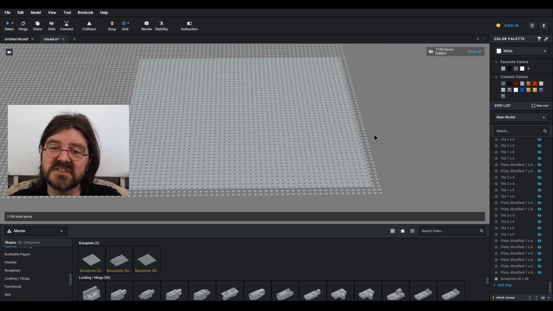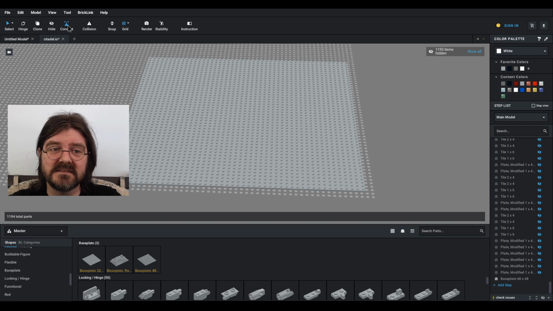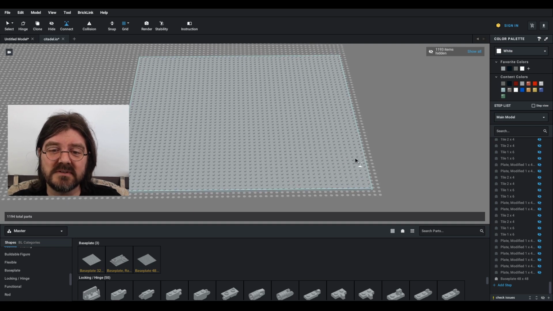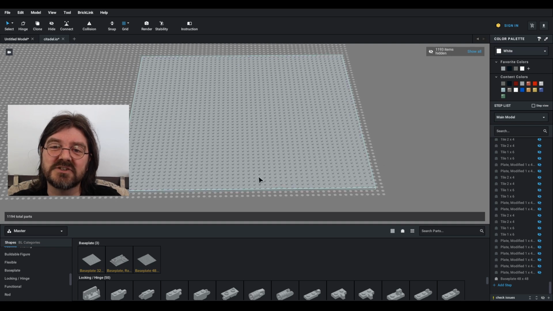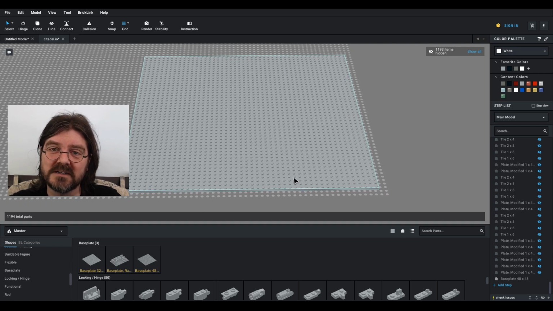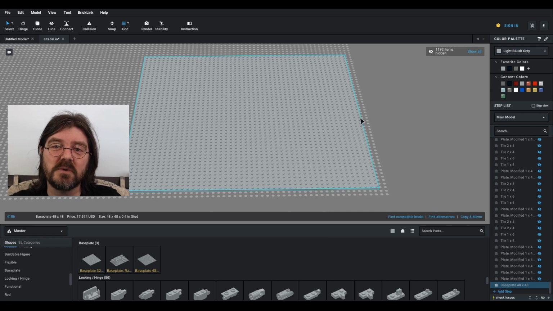Here's another situation that you may find when using the Connect tool: you have just a huge number of choices, especially on a base plate, and you don't want to count out every single stud when you're trying to place something and then going back and forth until you get it right. So you may want to set yourself a register mark so you know exactly where you're going to be placing that piece.